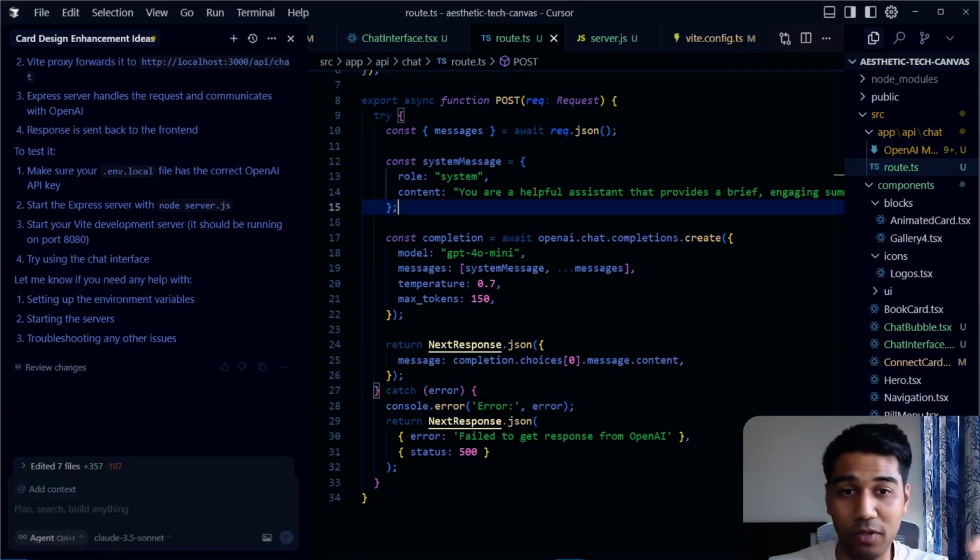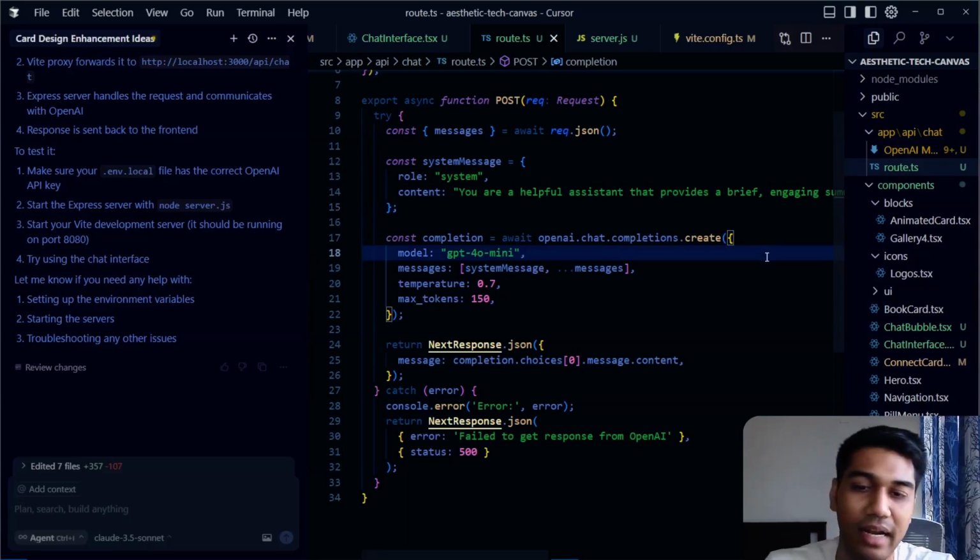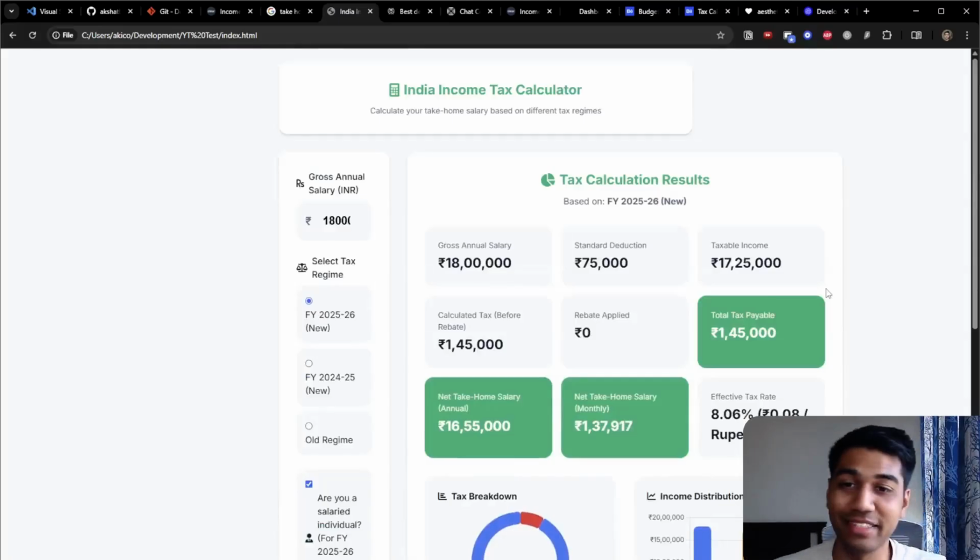That's also a problem with Cursor, that it takes time to debug stuff. Maybe the file is not properly configured or something like that, and go from there. I hope you are building this cool stuff, like an income tax calculator or something. Whatever you want to build, you can build with Cursor, and you can just go from there. And that would be